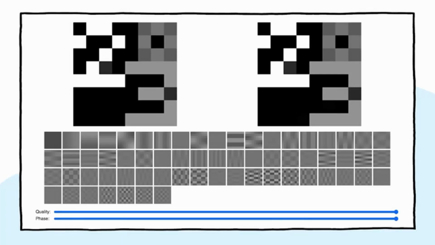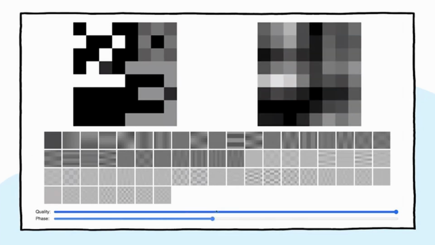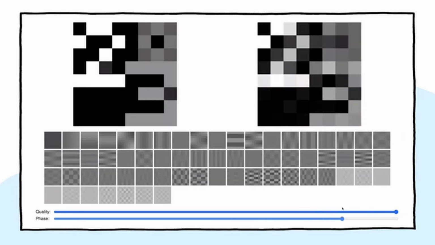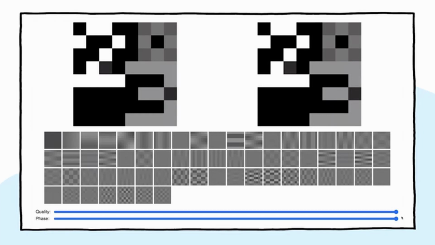This 8x8 pixel art can be represented by a sum of these 64 images, each multiplied by an intensity factor. Here, each of those images is represented with their intensities. Going from phase 1 to 64 phases, we can see it building a blurry picture, then a close-up picture, and then finally a full picture.